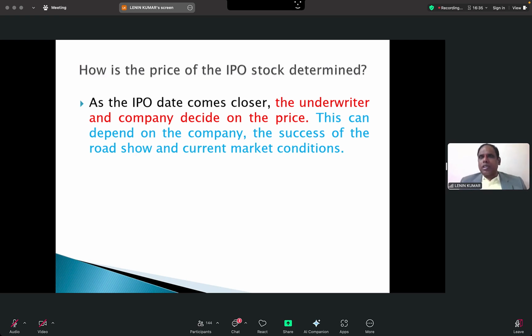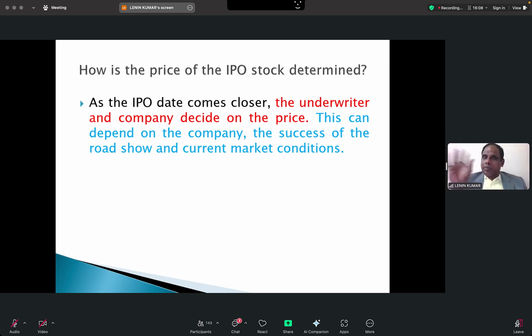Whatever price was offered in the US, they cannot sell it here, isn't it? That is obviously not possible. So now NBD will say to Lulu, we went across the world and there is a very good demand for your brand, so you can fix it at, for example, 170 dirhams. So that price will be shown on the first day of the trading.